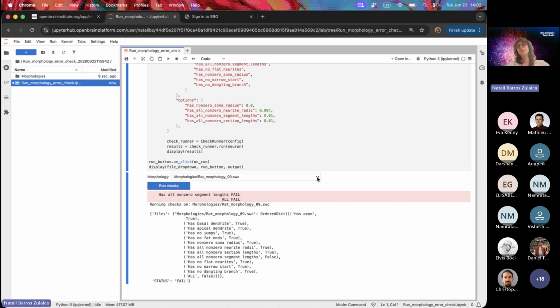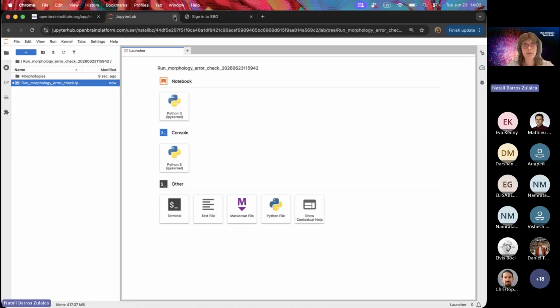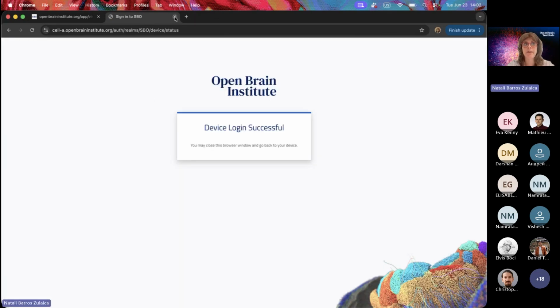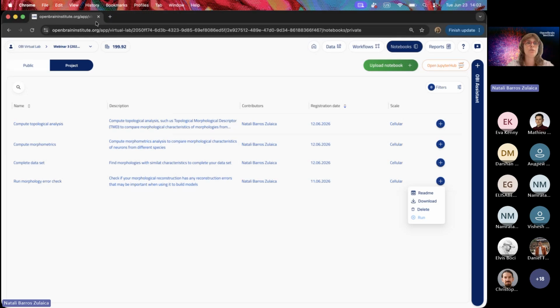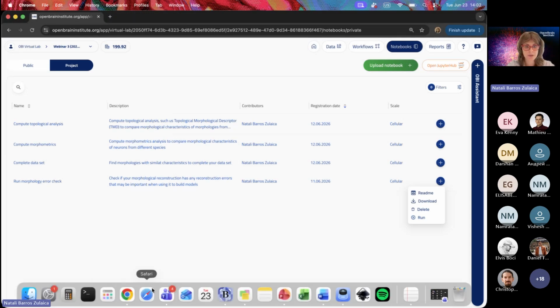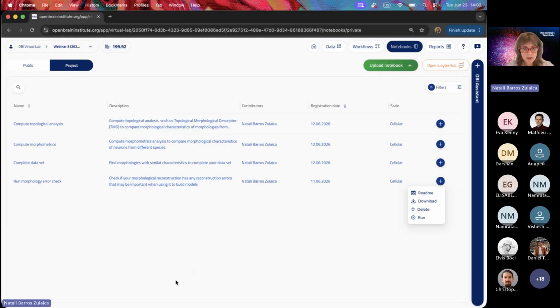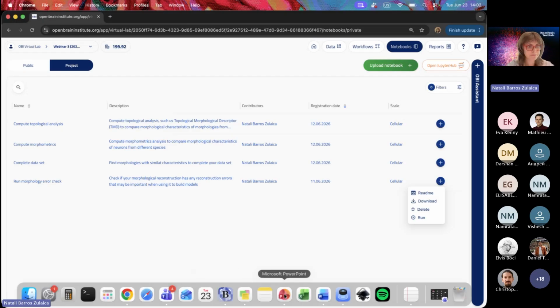So usually what we do is to send these morphologies back to the lab to be corrected, but then you can actually point to the experimenter in the lab what the issues with the morphologies are. And in the future, we are preparing a repairing pipeline for the morphologies that have these issues, but it's still to come. So if I go back to my presentation,